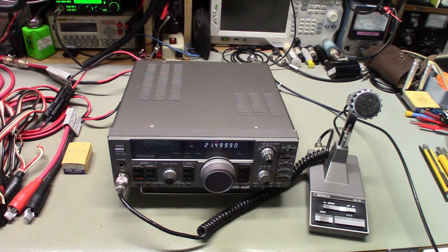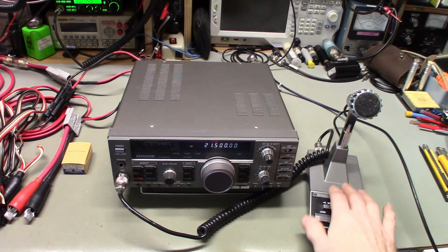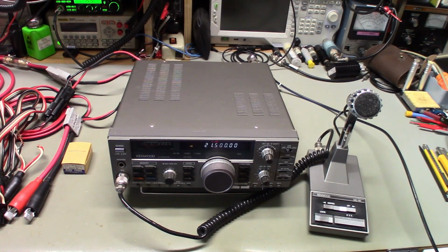The note that I got with this said, "Sending you a radio in hopes of repair. Kenwood TS-140S HF Transceiver and microphone." So yes, this is the customer's microphone. "The unit turns on, powers up, but will not work. I'm unsure what the problem is." It just goes on with some other stuff, but